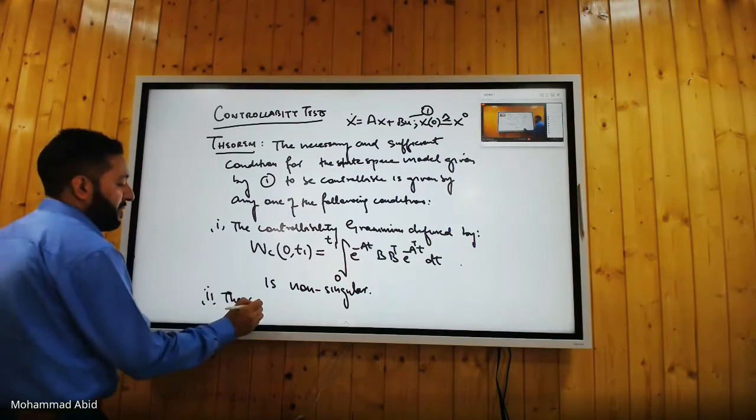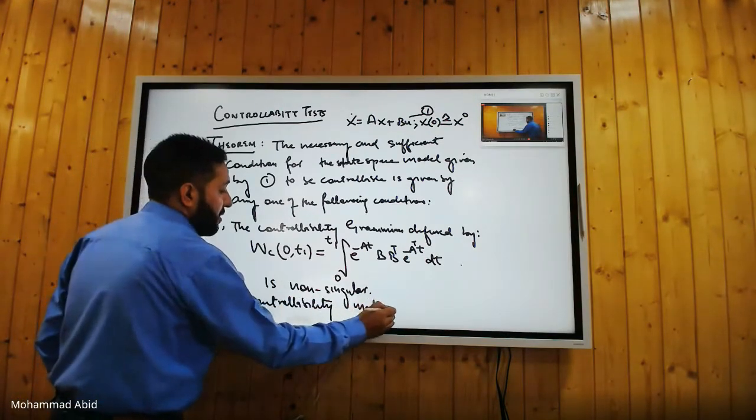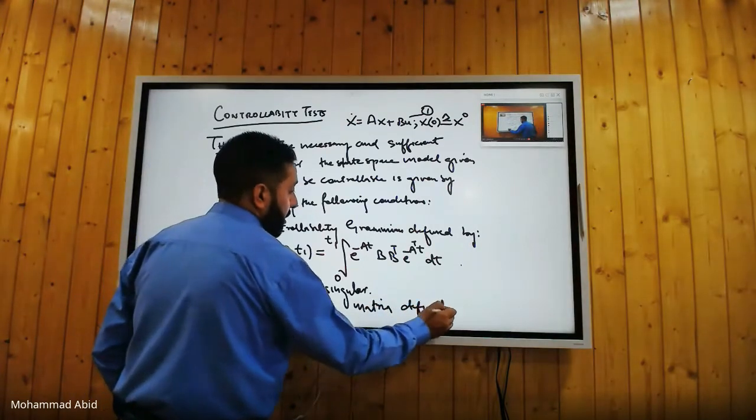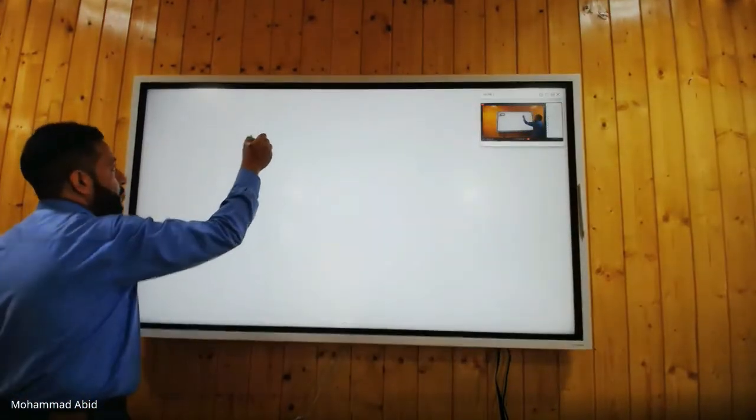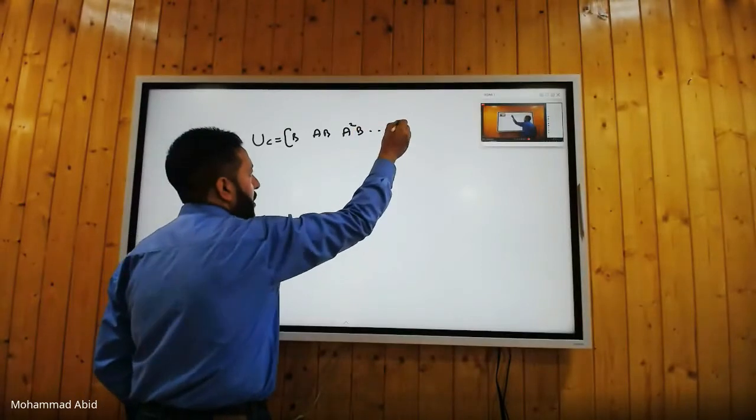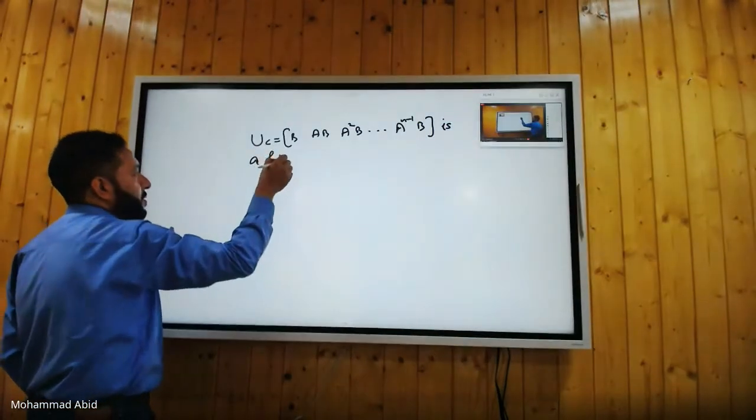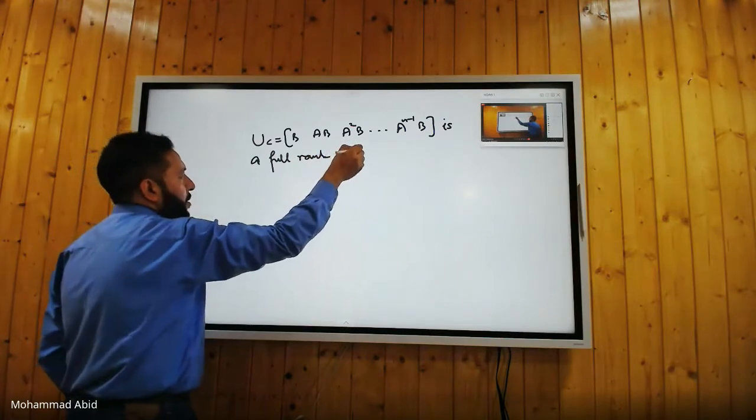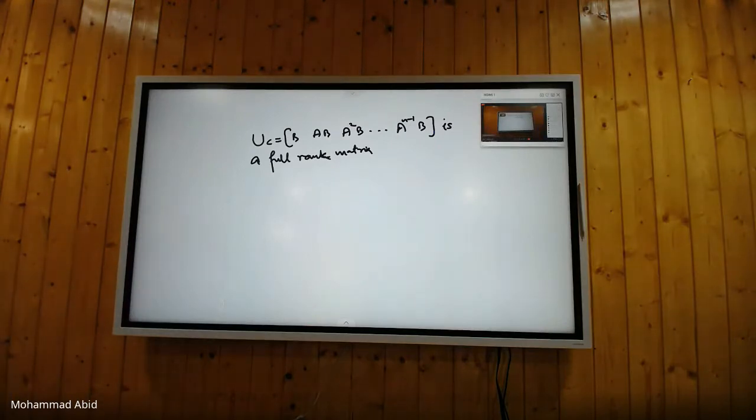And second was the controllability matrix, defined as UC equal to B, AB, A squared B, and so on up to A to the power n minus 1 B, is a full rank matrix, or is non-singular, one and the same thing. These two conditions are interrelated: if one condition is satisfied, the other is automatically satisfied. So the theorem says that if you have the controllability Gramian defined like this,